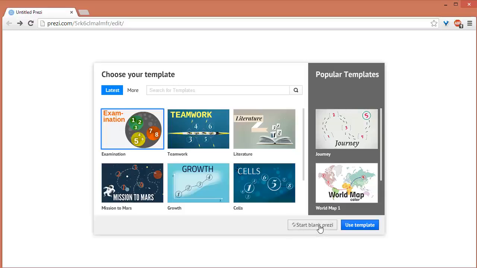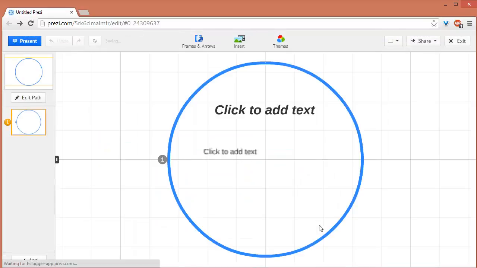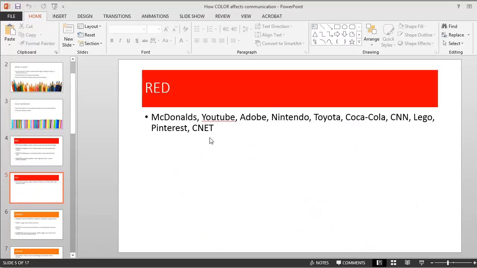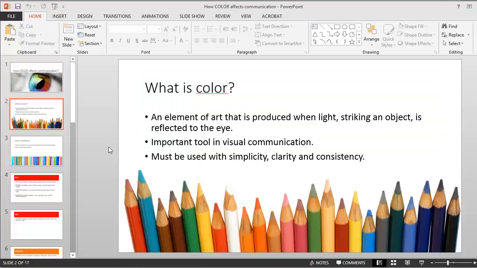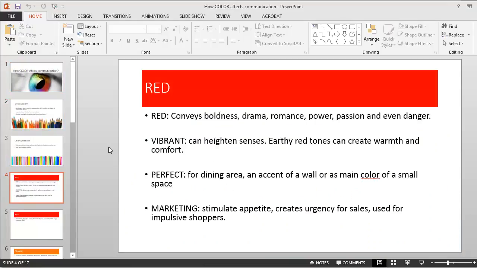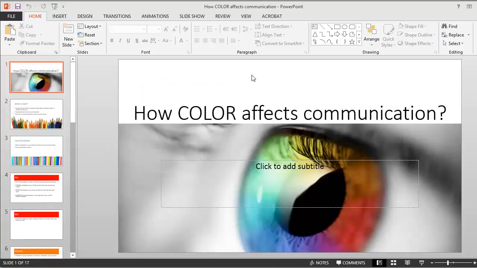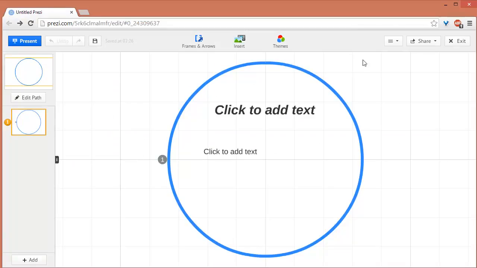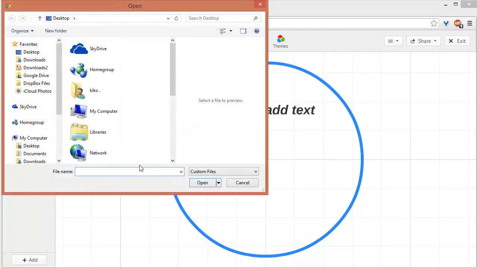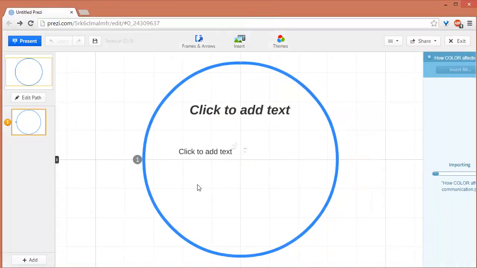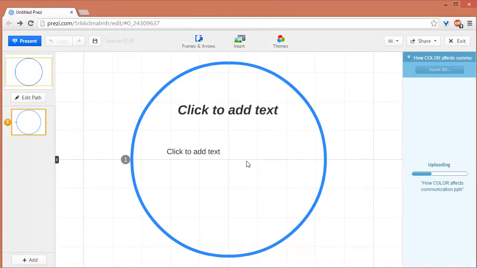So you should have a blank Prezi, and then, for example, I have this one, a previously made PowerPoint presentation I have prepared especially for this courseware. Okay, we will try to import this one in Prezi. So to do that, we go to insert and then select PowerPoint, and then I will just import that PowerPoint presentation that I've showed you earlier and click open. The file is then uploaded to Prezi,